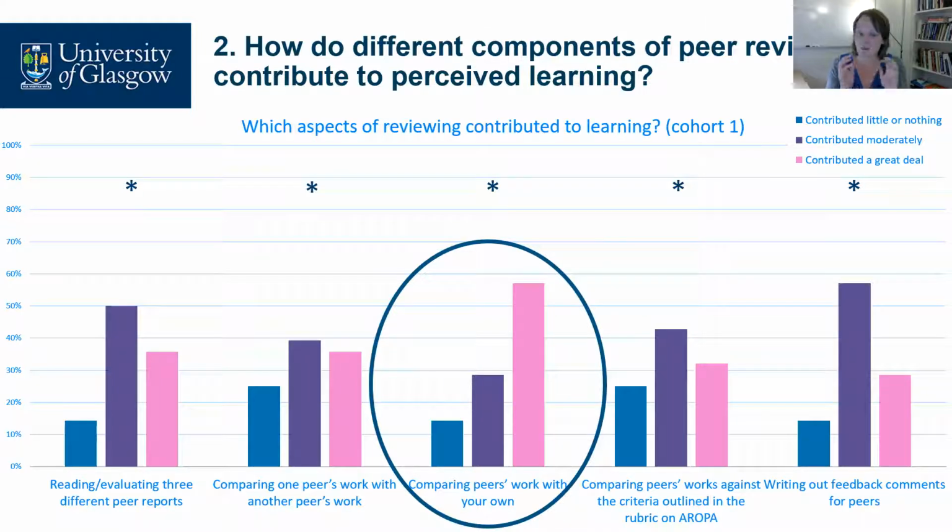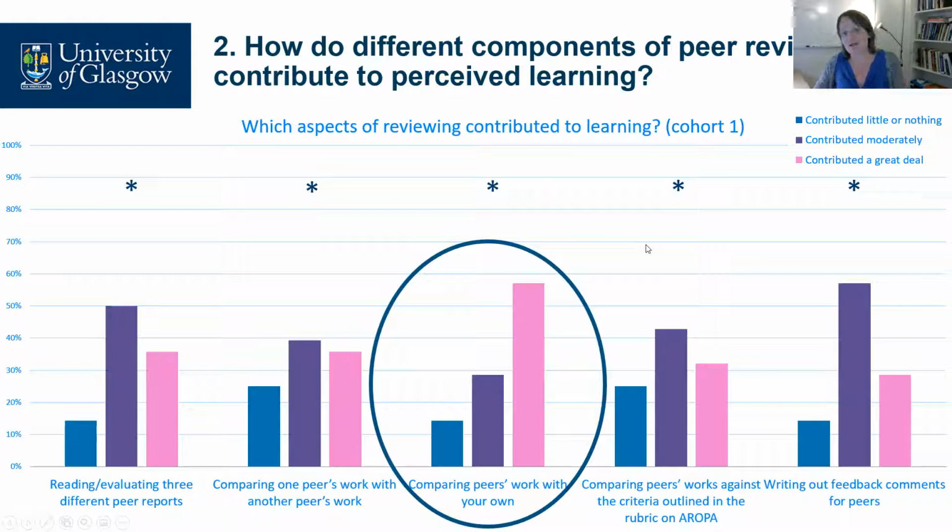But nonetheless, it seems that one of the aspects of the reviewing process that is most helpful to them is just spontaneously making these comparisons of other people's work to their own. So they're learning about how to improve their own work on the basis of reading other people's work, even when they're not actually asked to do that. And again, that fits with what Maxine said earlier on about some of David's work just last year, some of his recent work suggesting that students are spontaneously engaging in comparison of other people's work to their own. So in reading other people's work, they're able to learn about their own work and get some ideas for how to improve that, it seems.